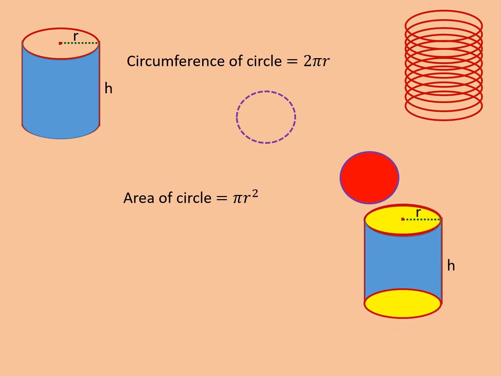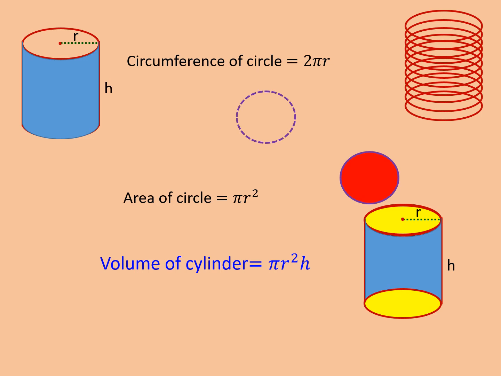In the same way, if you look at the above diagram, for circumference we have only taken the outer end. Now for area we will take the inner end. If you imagine, the yellowish part inside the circle is nothing but the area of a circle. In the same way, when height is there, we get the volume of a cylinder, which is nothing but pi r square h.